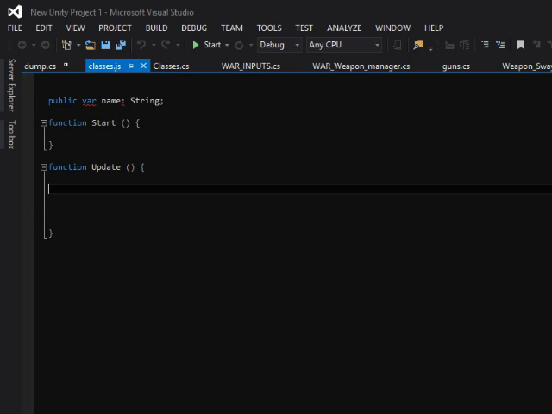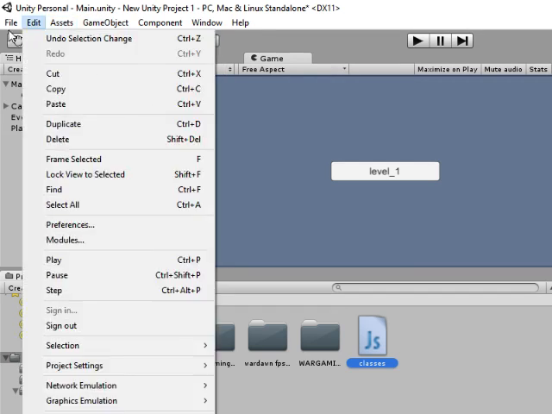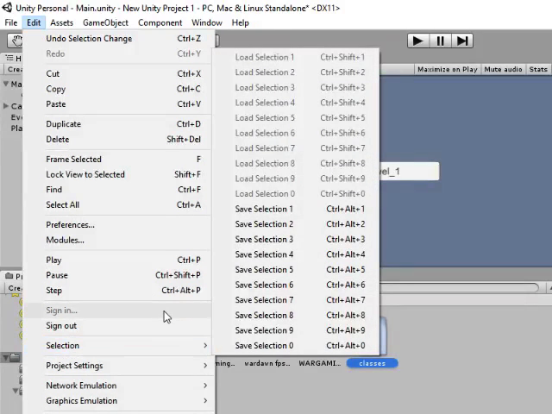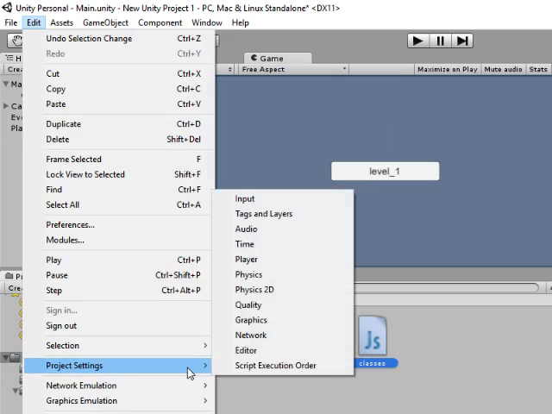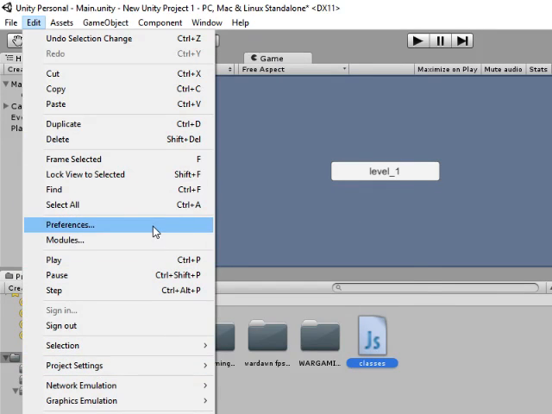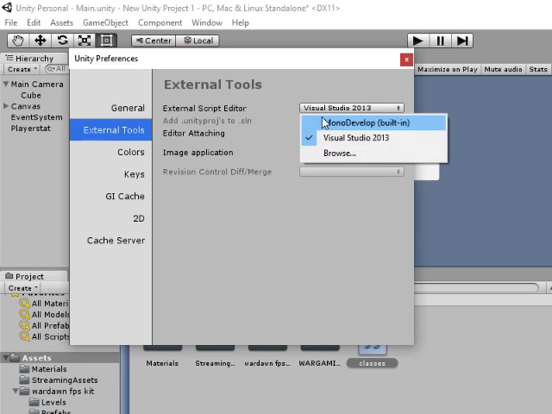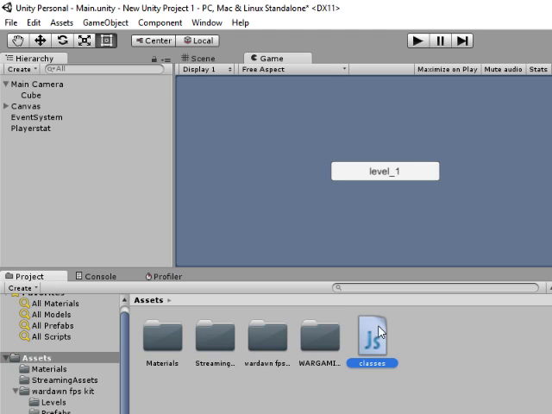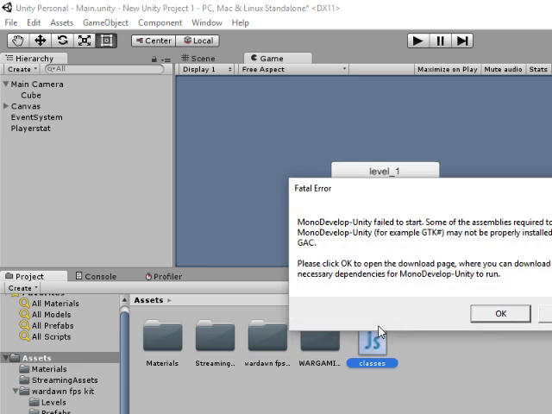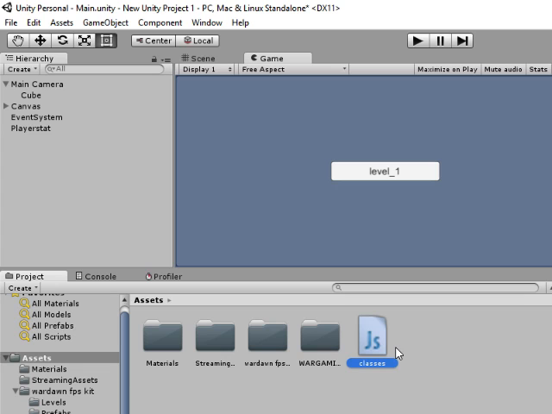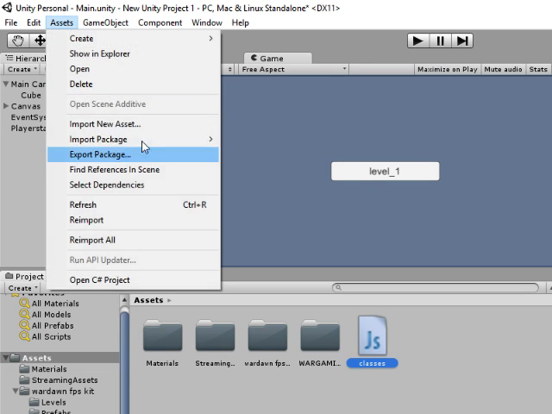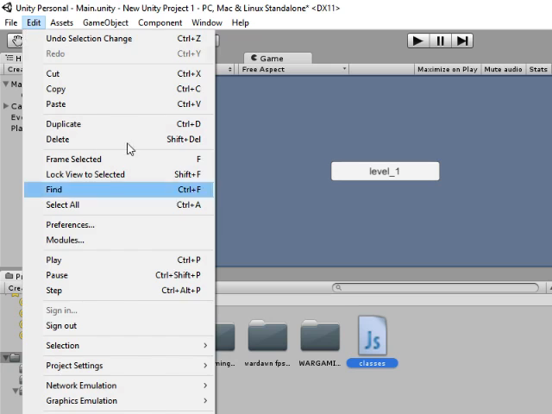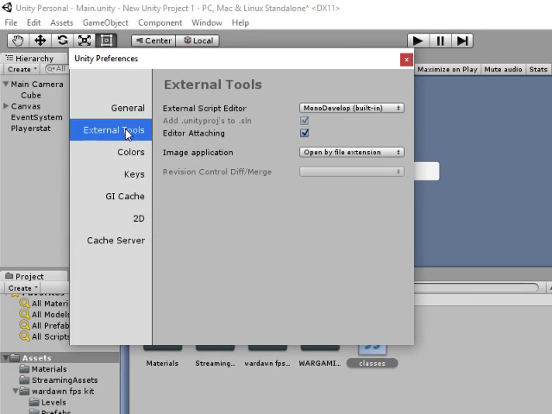Oh well, let's not do that. And we will see if we can get MonoDevelop to work for us. We do that by going to Preferences, External Tools, Mono. Bam. And we'll see if MonoDevelop wants to work. And no, it doesn't. I don't get that either. Oh well. But the options there, I don't know what's going on with those things when it comes to the